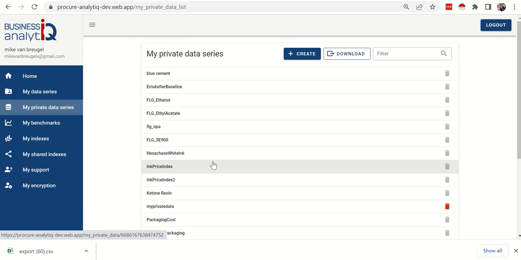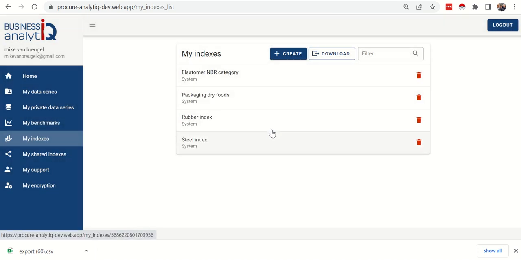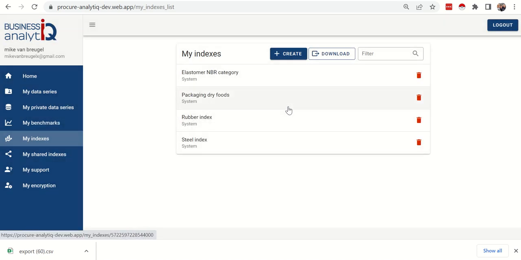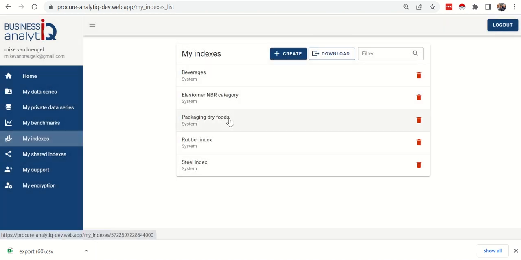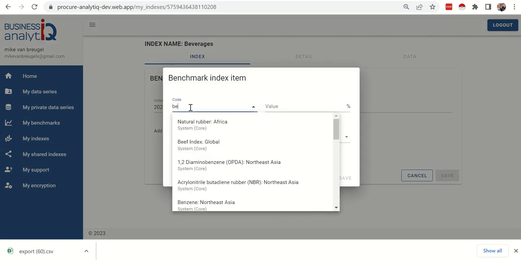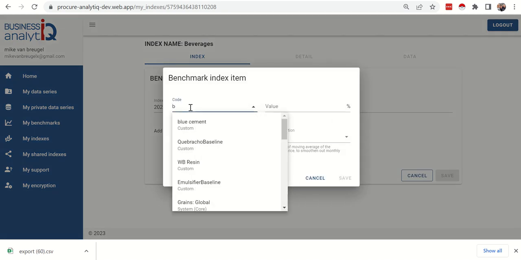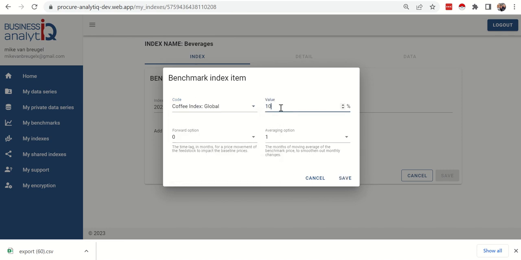Now, what can you do with the data? The first topic maybe to look at is an index. An index is simply the ability to combine different data series into a single index. So for example, if I want to create an index for beverages and I want that to be reported in British pounds, I would set up a header file like this, and then I would simply add benchmarks, let's say data series into it. So I might say, well, add coffee into that index global, 10% of the index will be